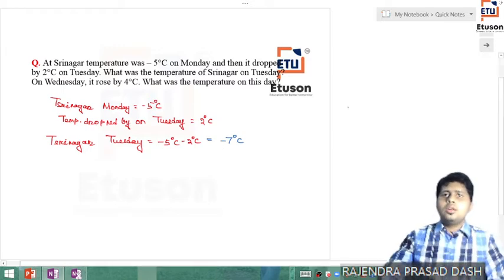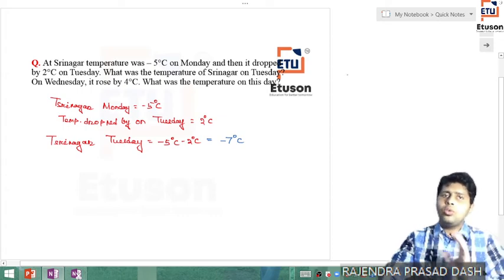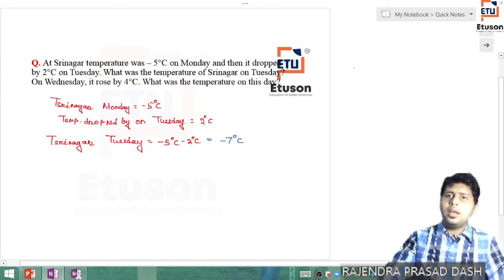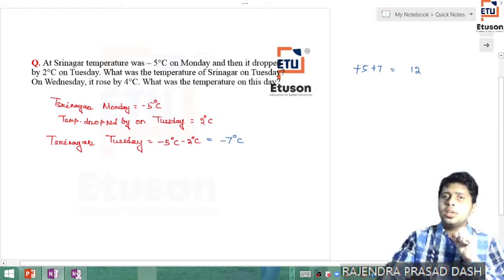है ना? Whenever similar signs are there, always add. Means if I ask plus 5 plus 7, there are plus signs in both the cases. So I'll just add 5 and 7, which is equal to 12. Then I'll add the common sign. What is the common sign between the two integers? That is the plus sign. So I'll add the plus sign in the final answer. So plus 12 means only 12.